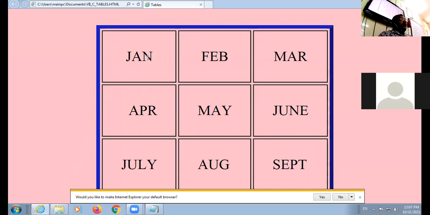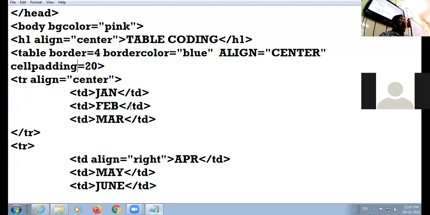You can give two together. And cell spacing and cell padding are only and only in the table tag. They are not attributes of TR and TD.